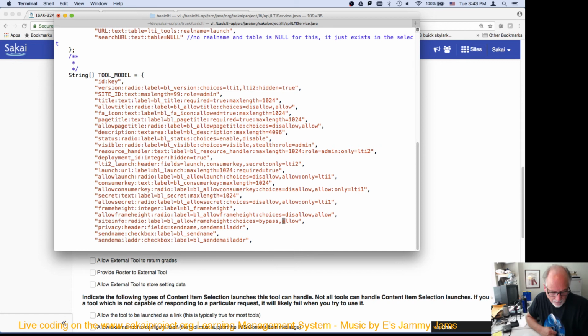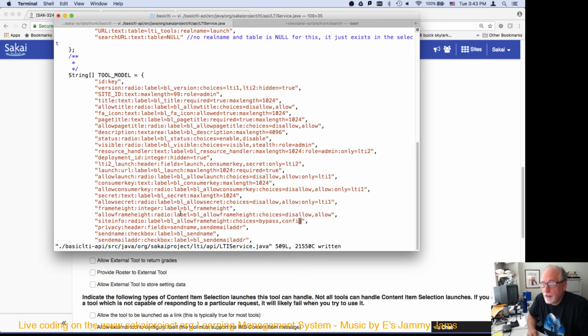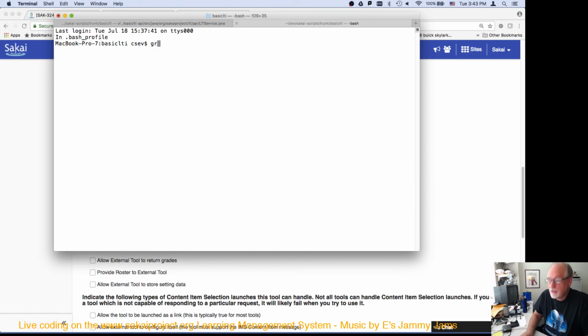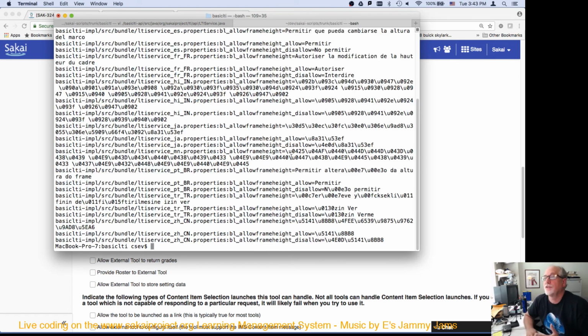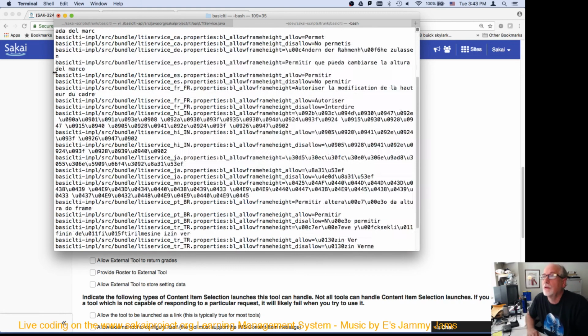Bypass. Okay, so this is a radio button. What's cool about this is because Sakai is fully internationalized, these are properties in our internationalization. So the whole form thing, I just have to edit this. Luckily, we have an active translation community. I just do this, and as long as I do this